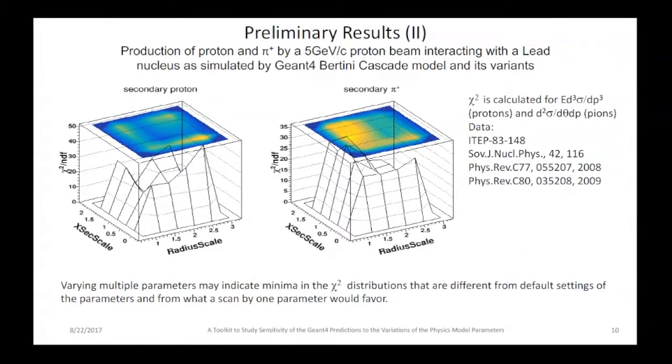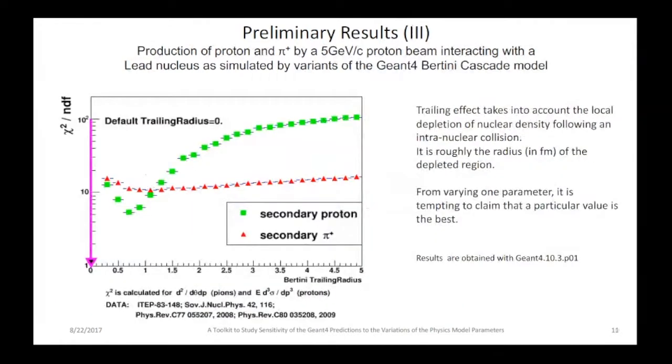the multivariate analysis. Here is the secondary proton or pion production, shooting the proton beams at the target. Shown here is the cross-section scale versus the radius scale, and this is a combined chi-square. The point here is that when you look at this combined value and try to find the minimum, that doesn't necessarily equal the best value of each of the parameters. So the complication comes in, and so the next example is